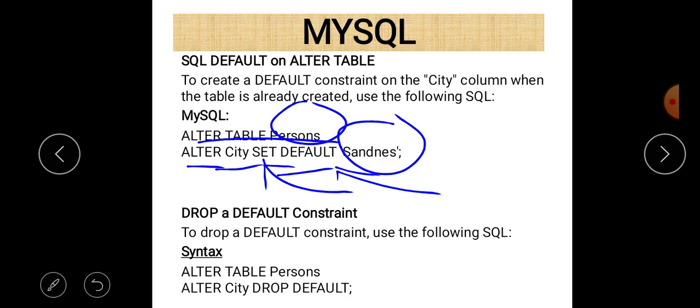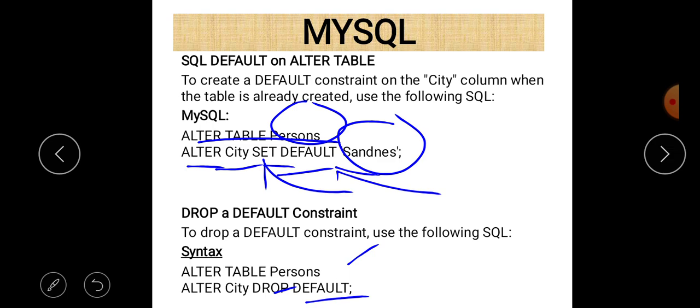And if you want to drop that default constraint, for that purpose just write ALTER TABLE, name of the table, that is person in this case, and after that the keyword DROP and the name of the constraint, that is DEFAULT in this case.